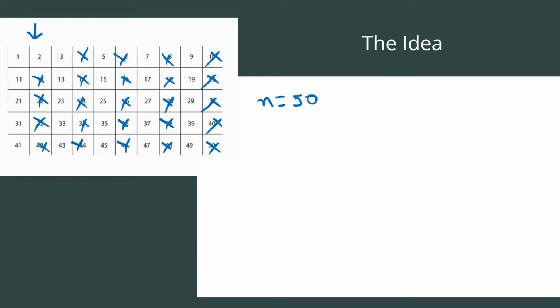Now we'll move to the next unmarked element, that is 3, and we'll eliminate all the multiples of 3. But one thing we have to keep note of to improve our algorithm is that we don't have to start from 3 and start eliminating all the multiples of 3. For any element k, we can start from k square. That is, for 3 we can start from 9. For 5 we can start from 25.